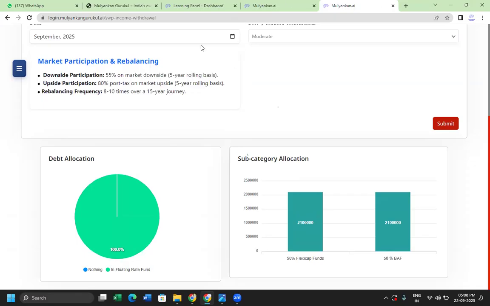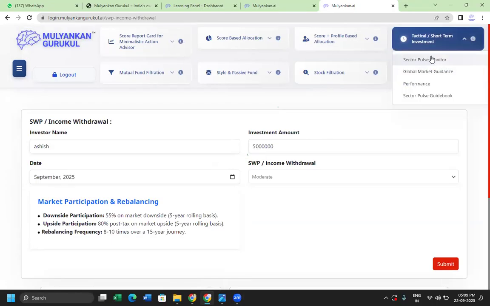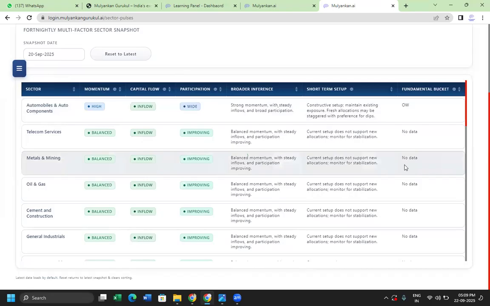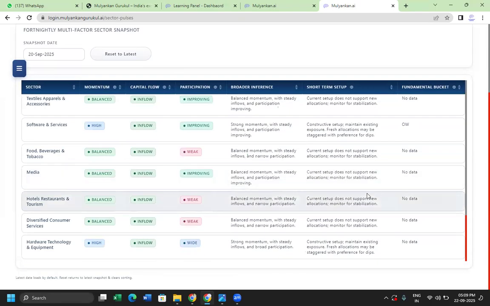आशीष जी, आशीष जी, यस सर, यस प्लीज। Last time आपका आईटी सेक्टर के लिए भी पॉजिटिव आया था। यस सर, अभी भी पॉजिटिव है, because we are least bothered about the narrative, we are more bothered about the parameters which we are looking at. So if you look at the IT sector, software services still, fundamental bucket still overweight है।